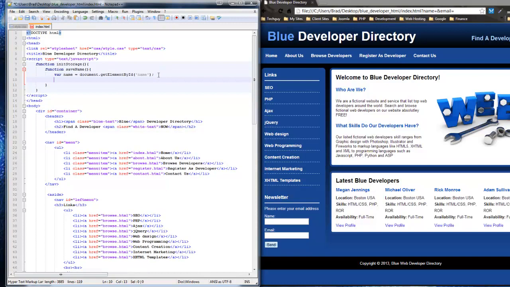So under the variable, I want to set the item using local storage. So we would do localStorage. And remember, you could also do session storage if you want, but like we talked about, the difference between local and session is that with session, any data you put in is going to get cleared when you close the browser, when your session ends. This will stay unless we clear it or the user clears it. So we want to do localStorage.setItem,